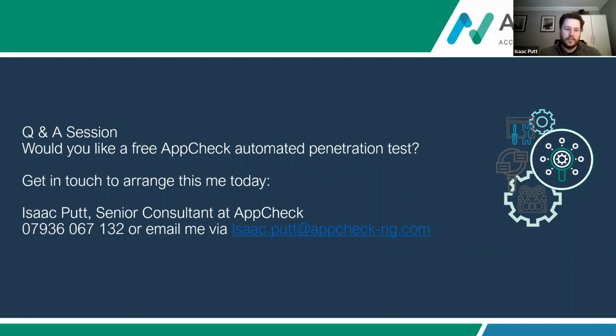But if it was an application that wasn't yours, but you were paying to use, a separate third-party application, then a prior agreement with them to say that you can test it would be needed, first of all. We need to take control of what's tested through AppCheck. If everybody could test everything, then effectively that would be hacking. So there is a process of making sure that the scope that needs to be tested is clear, and that it's things that should be tested and are allowed to be tested.